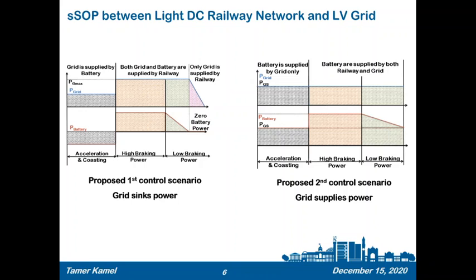Therefore, in order to analyze the functionality of the power electronic converter utilized in this smart soft open point, two different control scenarios are proposed, according to whether the public grid acts as a load or acts as a power sink. The first control scenario is where the grid acts as a load and sinks power,